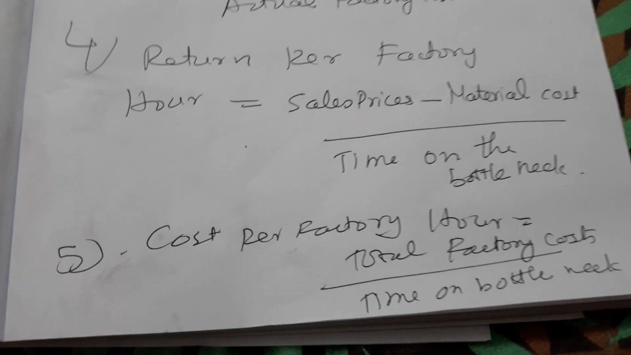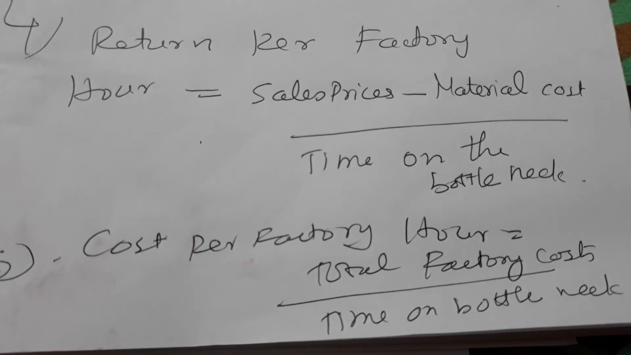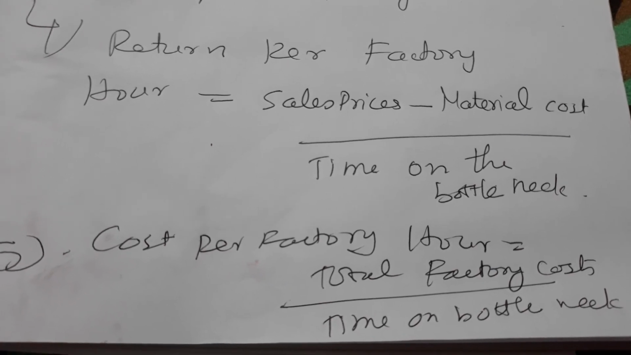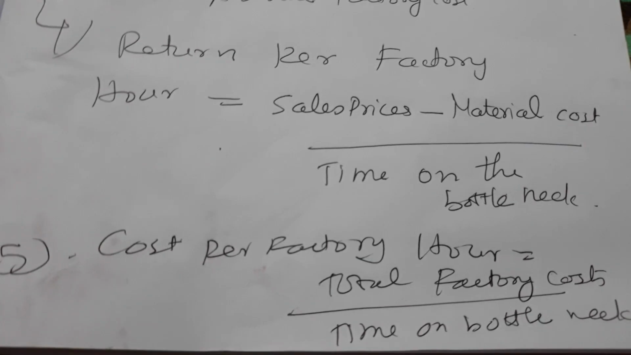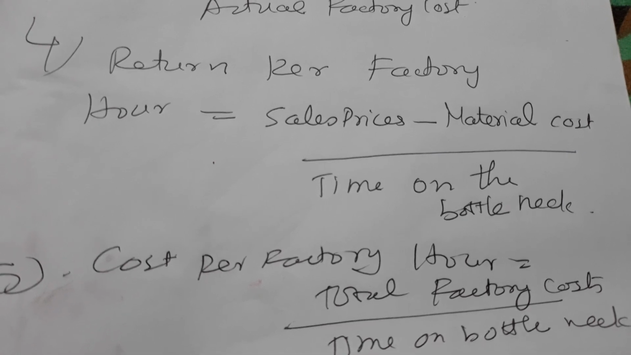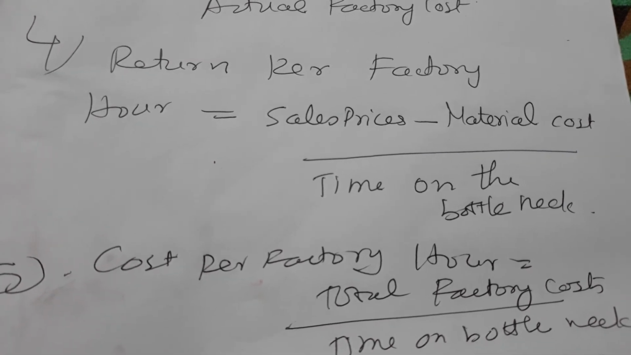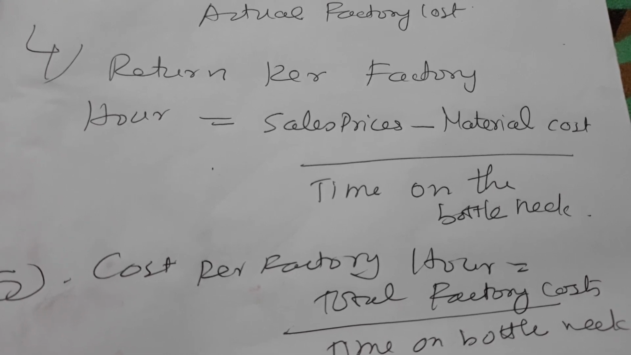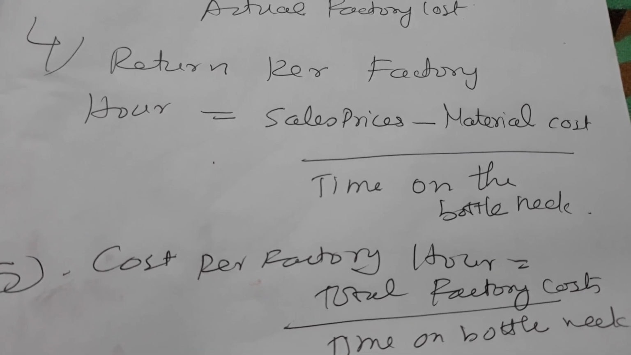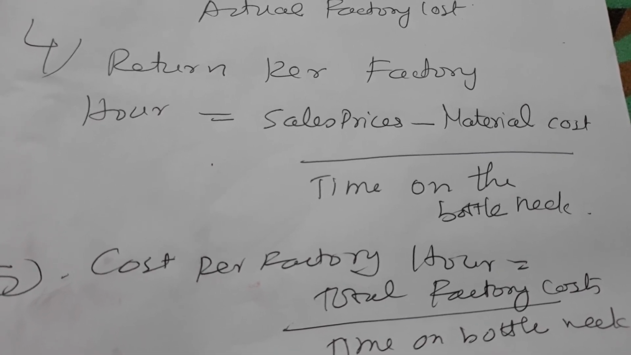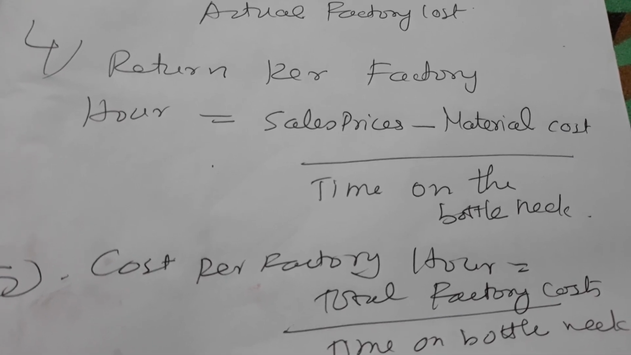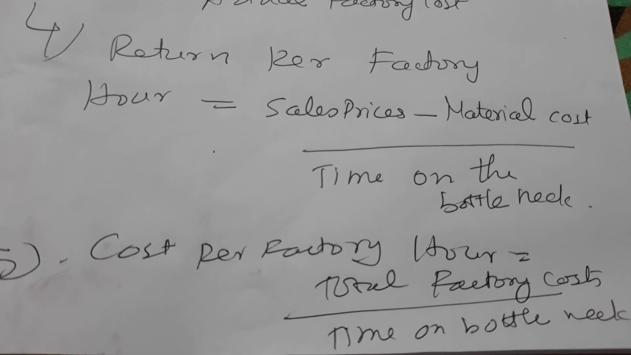Now let us see what is the cost per factory hour. Cost per factory hour is nothing but the total factory cost divided by time on the bottleneck. So the first return is selling price minus material cost, whereas here it is total factory cost. Okay, so this is the difference between the return per factory hour as well as the cost per factory hour. In the first case, return is selling price minus material cost, whereas in the cost per factory hour we are taking the total factory cost. So the denominators are the same. So that is the difference here. Okay, now let's